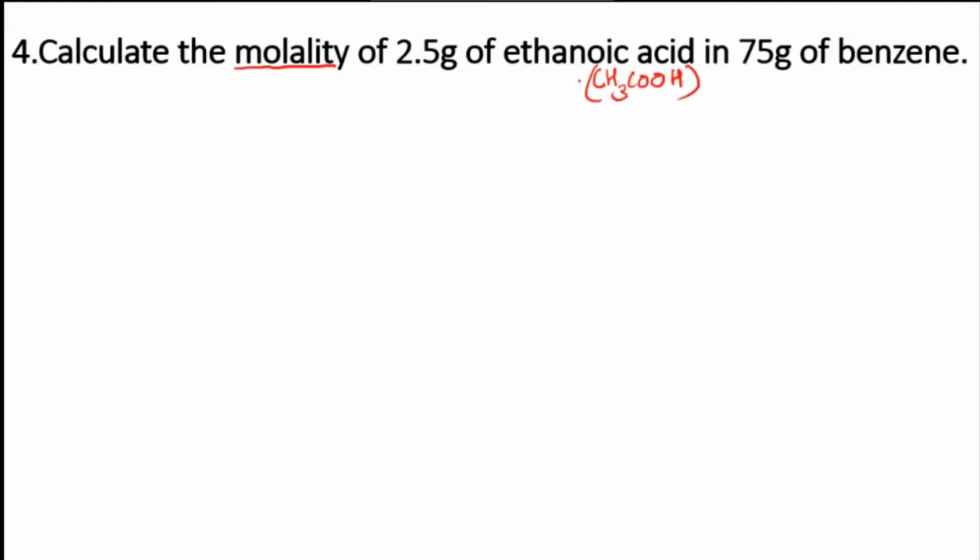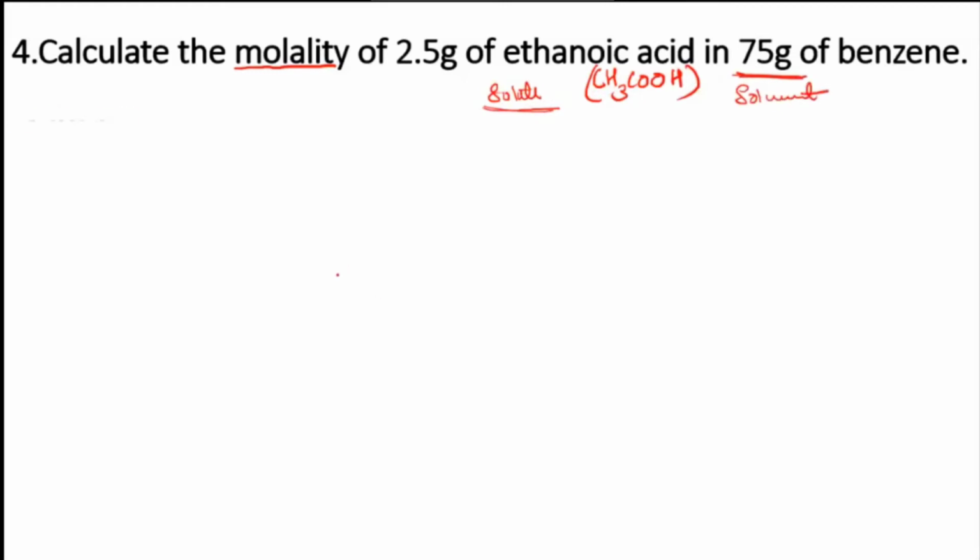So that means here they are saying calculate the molality of ethanoic acid. So here solute is ethanoic acid. Okay. You can see the amount. You will understand which is the solute and which is the solvent by seeing the amount. You know, always solute is in less quantity. So here this is the solute part and solvent is always in the large quantity. So it is not water here, it's benzene. So 75 gram of benzene, this is the solvent. Okay, so benzene is the solvent.